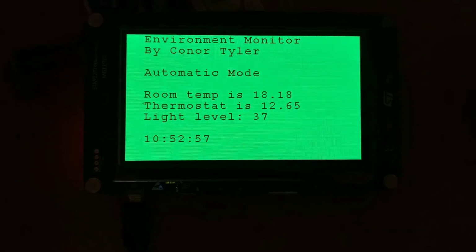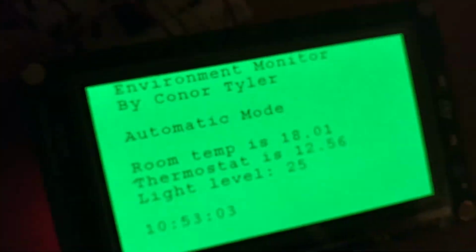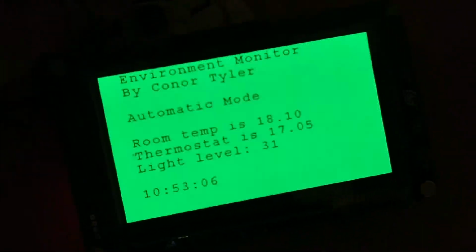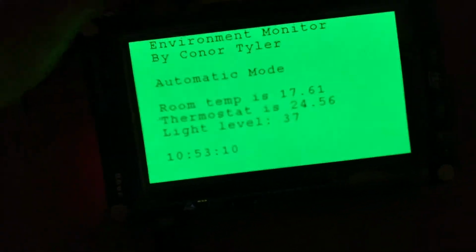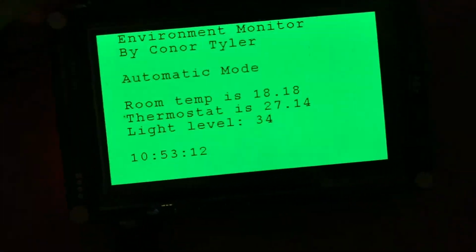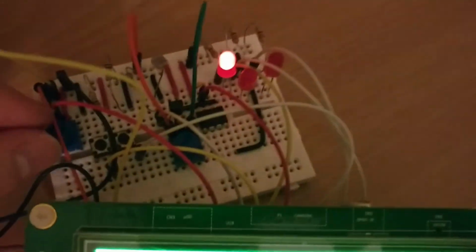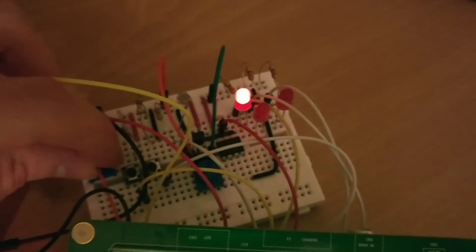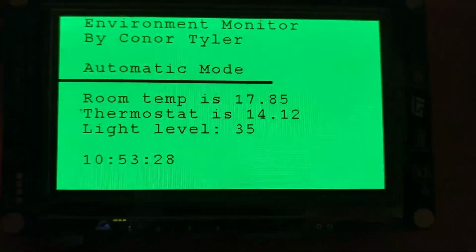To demonstrate the thing working, we have the thermostat down here, which is this potentiometer, and by turning this here we'll see that the thermostat temperature increases or decreases based on how I twist it. So we currently have this on about maximum, and so we can see the thermostat is higher than the room temperature, which means the room's very cold, and the corresponding heating LED has raised up, and by turning this thermostat back down again we will see that the thermostat goes off when the temperature in the room is higher than